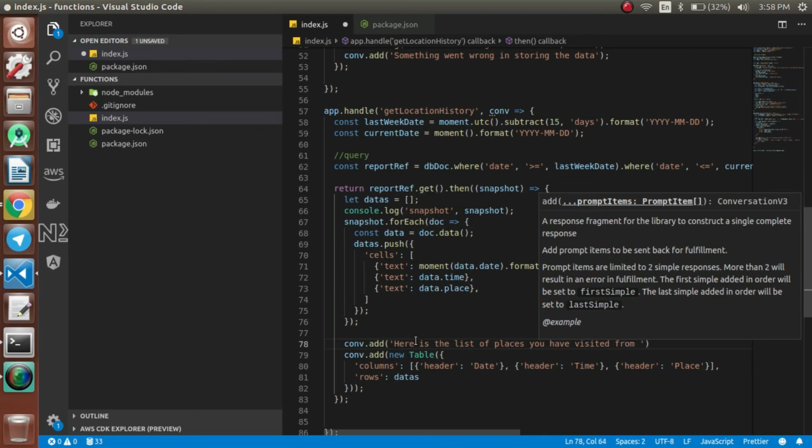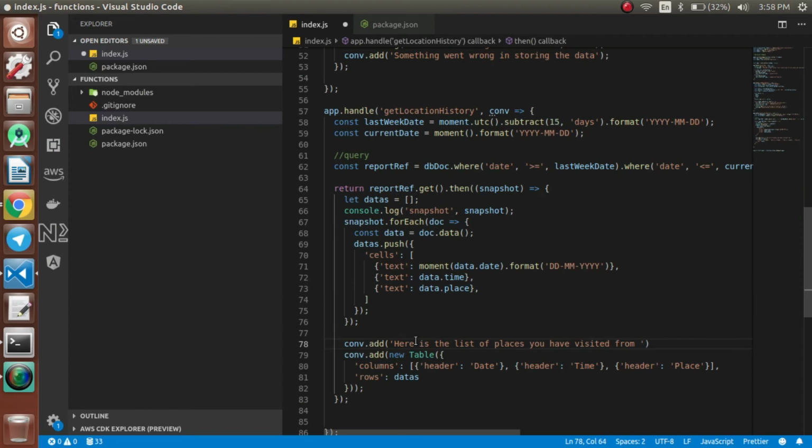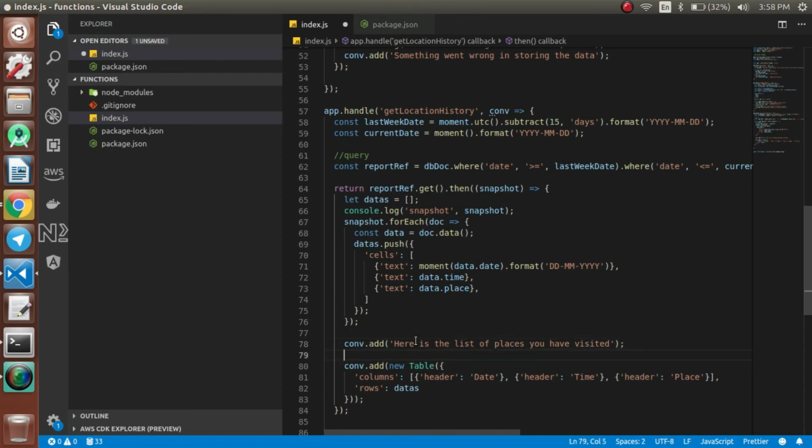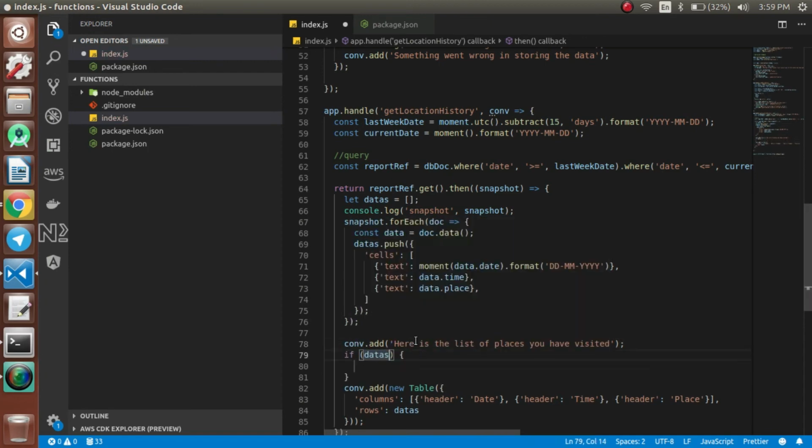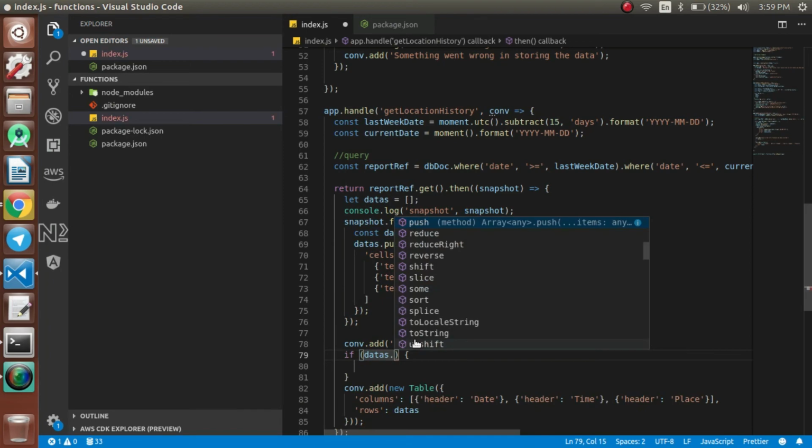You can make it even better by giving the dates. The thing is we have to format it, so we can do it in a general way. Here's the list of places you have visited,